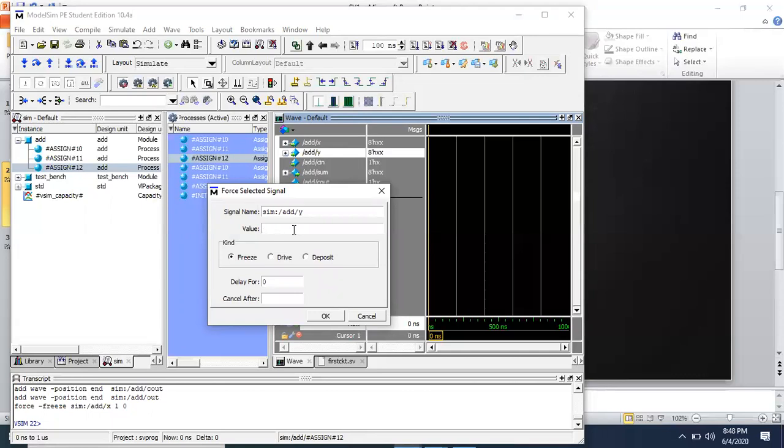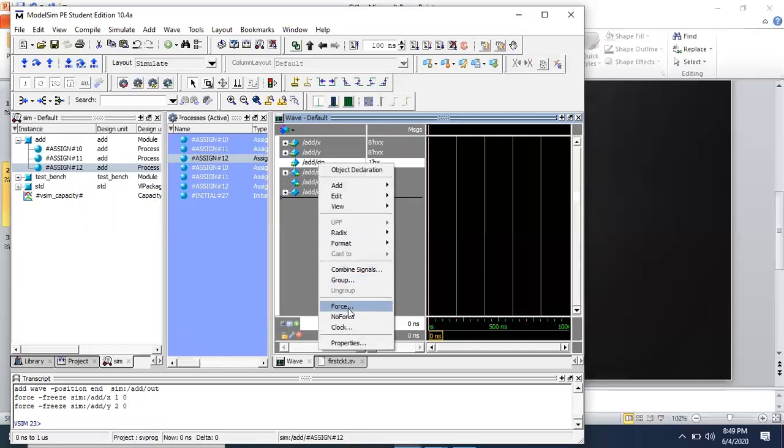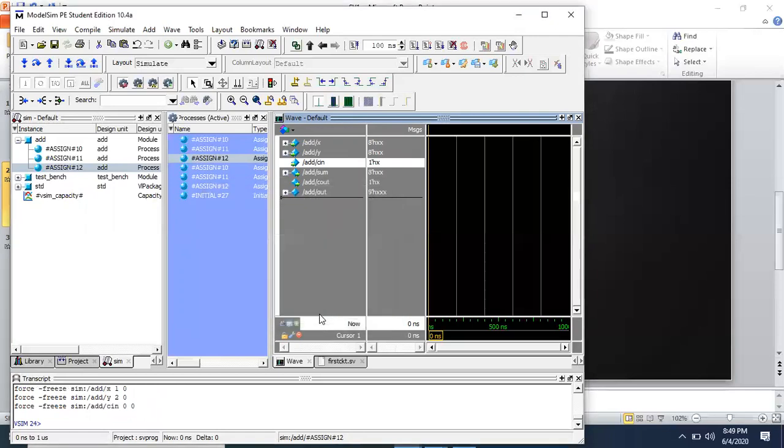Give some value to this signal, 1 again, or you can give any value, 2. So X we have given value 1, Y we have given value 2. And cin I'm keeping as 0 value. So ideally the output should be 3.